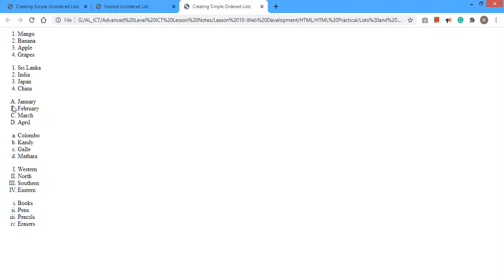Here for the third ordered list, I have set the type attribute value to capital A. So it is automatically incrementing with the capital letters. Here I have set the type attribute value to simple a. So it is automatically incrementing with the simple letters. Here Roman numbers are used. You can see we are setting the type attribute value only for the first item. Then it will automatically increment by the browser.